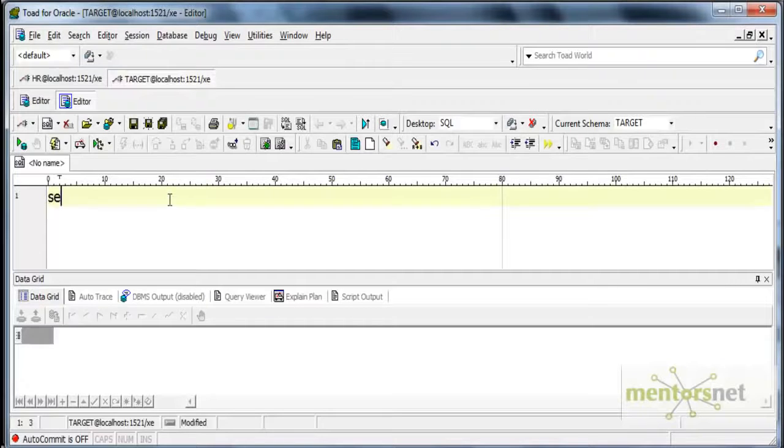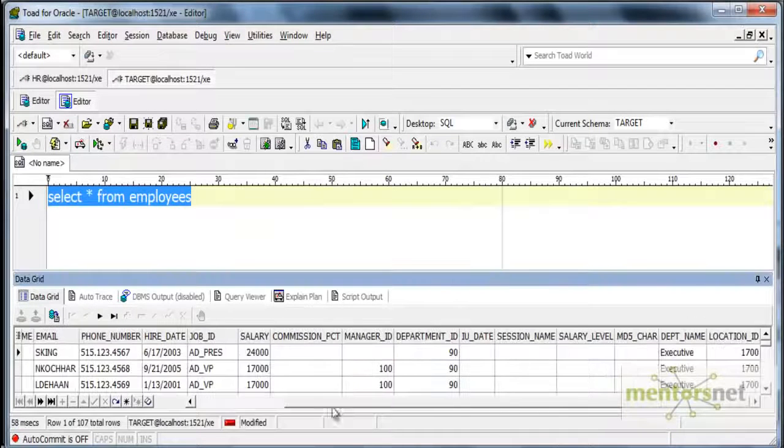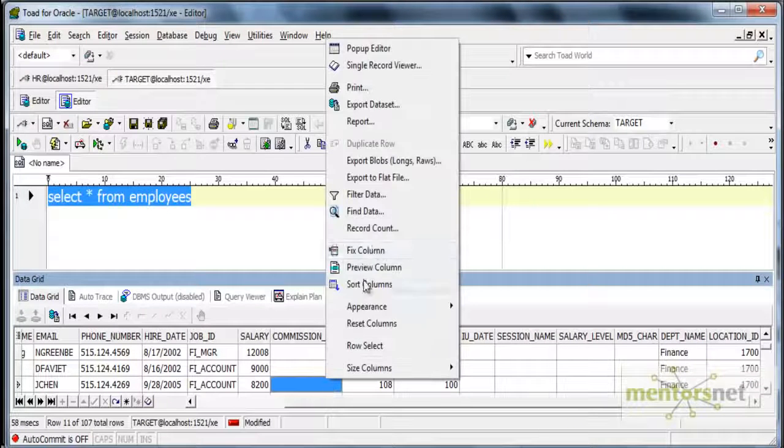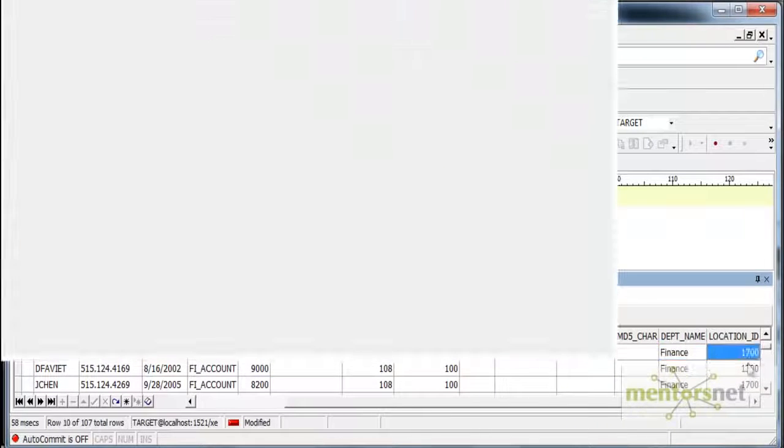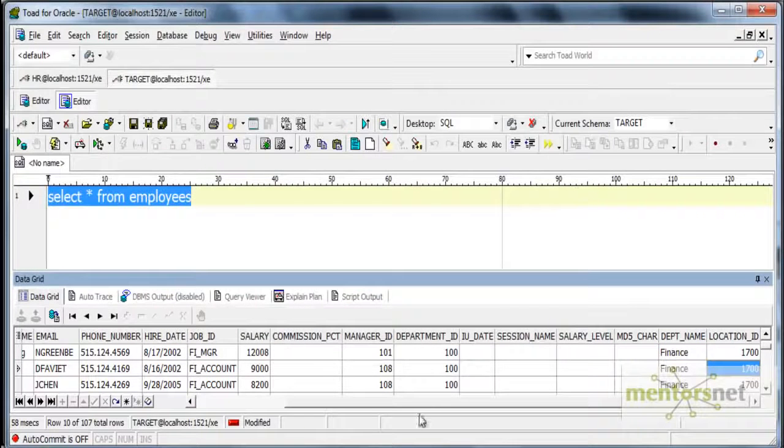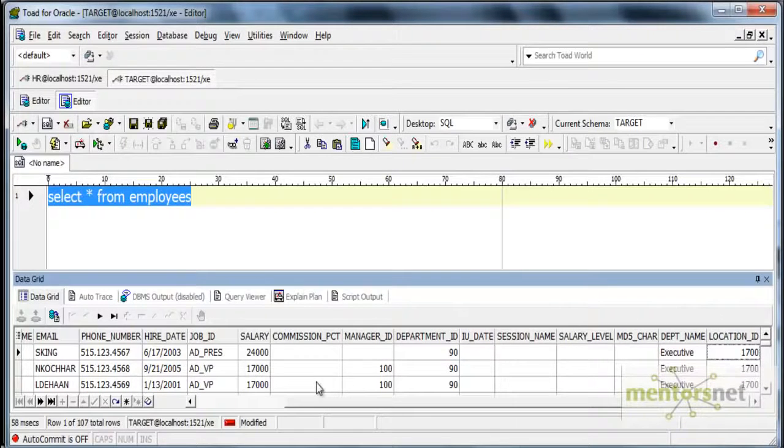So let me check in the target schema how many records are there and how the records will look like, especially the department name and location ID. So we loaded the record count, and the fields got loaded from the flat file lookup. So if you observe, it worked exactly the same way as the table lookup. So Informatica has added this feature in 8, so you can do lookup on the flat file as well. So in the next class we will see